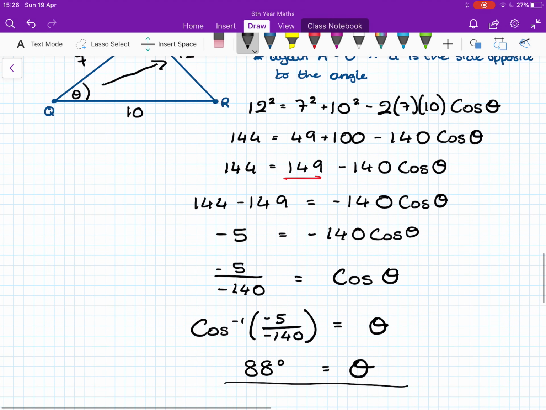Okay, so they're the two possible cases that we can be given. Now remember, always try the sine rule first. Cosine rule is a little bit more long-winded than the sine rule, so we only use it if we cannot use the